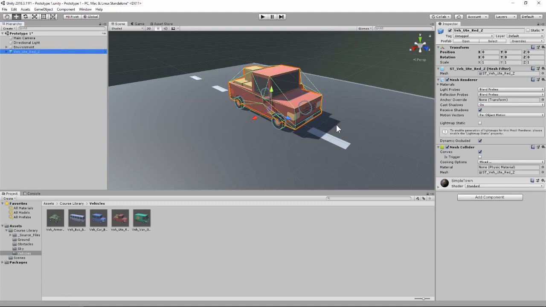If we wanted to add some cool environmental props, maybe some boxes or trees, mountains, whatever we want to add, that's all stored in our assets folders, and then we can drag and drop them into our hierarchy to add them to our scene. Now the hierarchy actually keeps track of all of the different objects that are currently there. So we have our camera, we have a light, we have some environment, and then we have our vehicle that